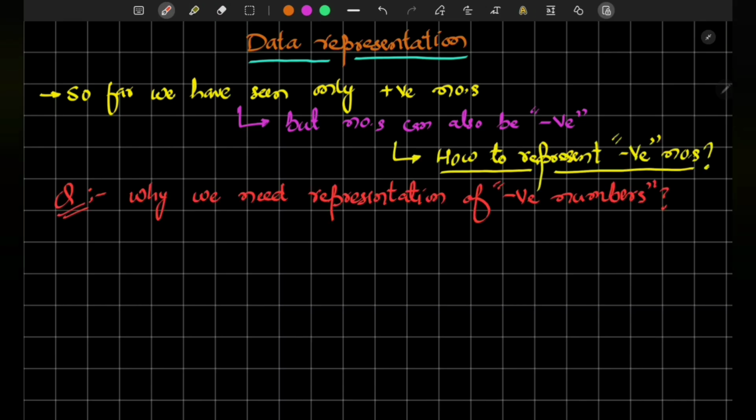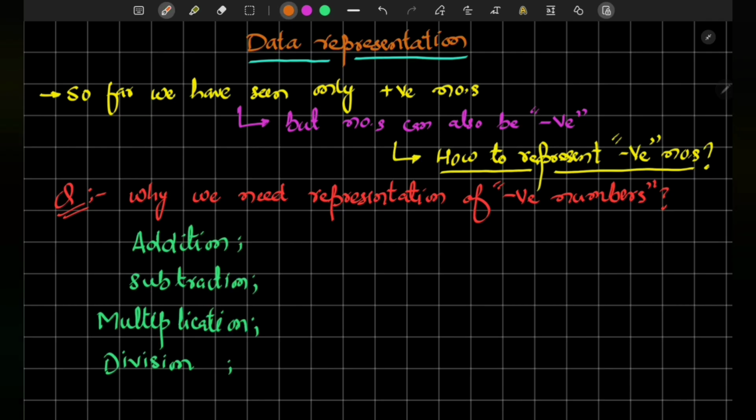understand. Before discussing how to represent negative numbers, we need to understand why we require representation of negative numbers as well. For this, consider the following four basic arithmetic operations: addition a plus b, subtraction a minus b, multiplication a multiplied by b, and division a divided by b. You can see that subtraction can be written as a plus minus b. That is, subtraction is in fact the addition of a positive number and a negative number. Therefore, if we have the representation of positive and negative numbers, we can say that subtraction is equal